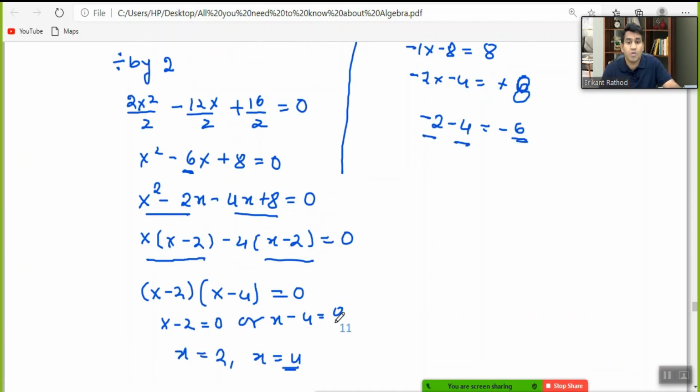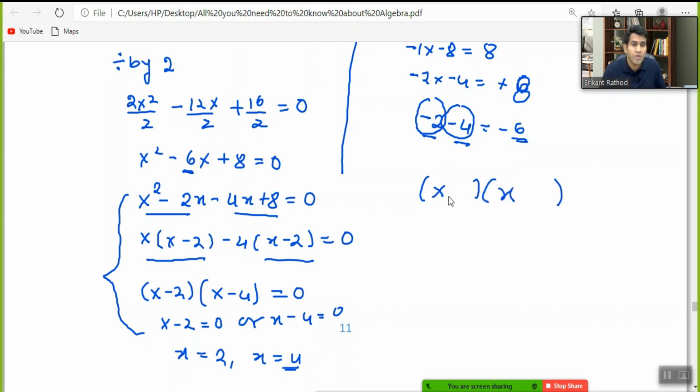But as far as competitive exams are concerned, it's not necessary to follow, or I don't suggest you do, all the steps that I'm following here. I'm just telling you for understanding purposes. After splitting the middle term, what you are getting is one value as negative 2 and another value as negative 4, right? In the exam you can just write it in this way.